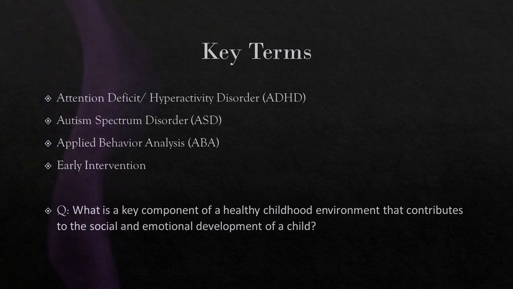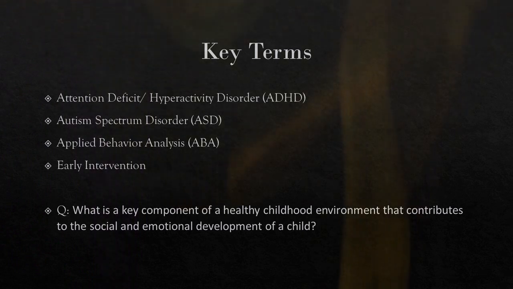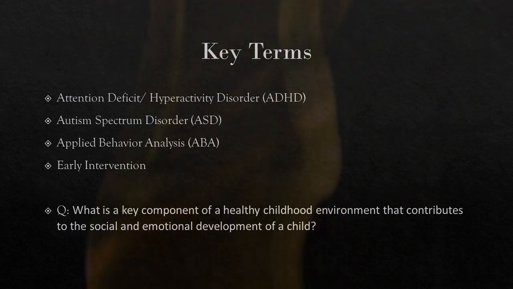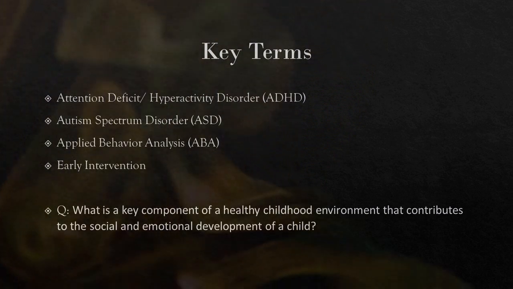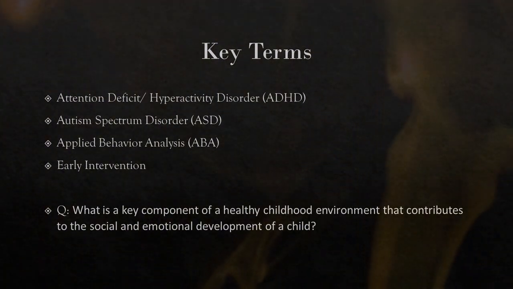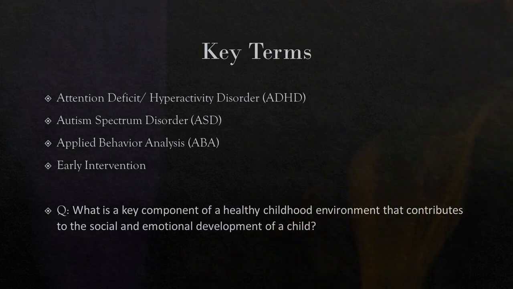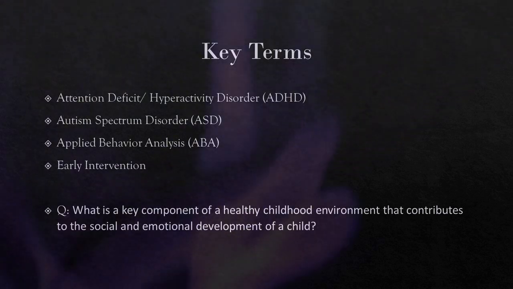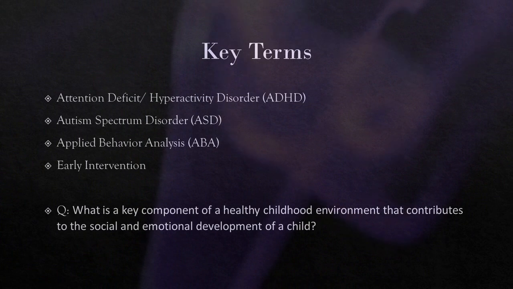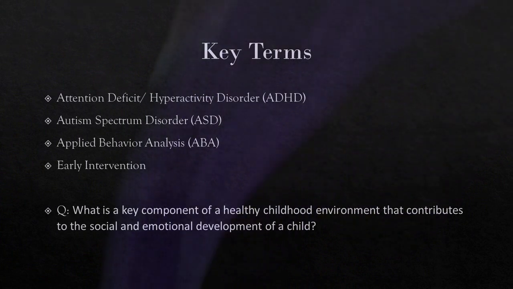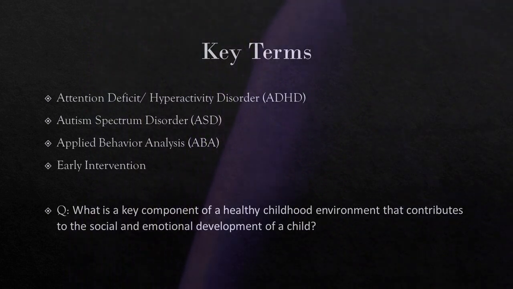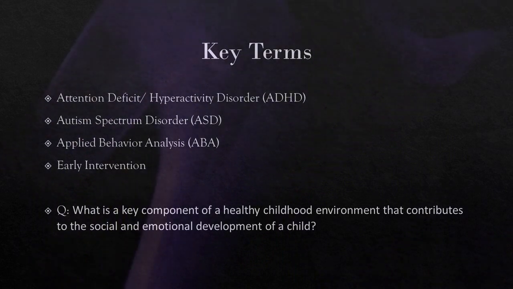Then there's ASD. What is ASD? That's autism spectrum disorder. And that, too, is a neurodevelopmental disorder characterized by challenging social interaction, communication, and repetitive behaviors with a wide range of severity and presentation. Then there's something known as ABA, and ABA stands for Applied Behavioral Analysis, which is a therapeutic approach that utilizes principles of behaviorism to systematically reinforce positive behaviors and reduce problematic behaviors, and is specifically tailored, usually, to autism spectrum disorder.